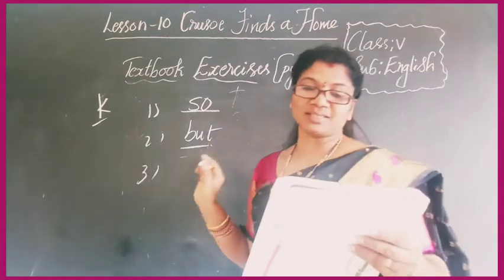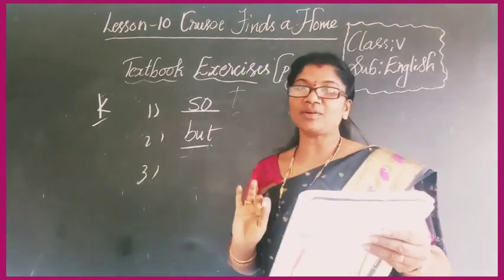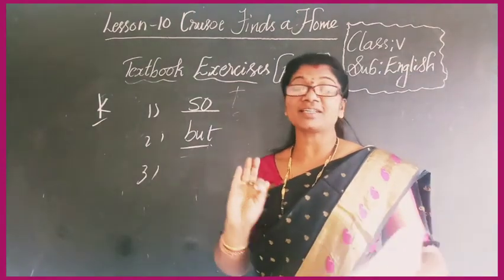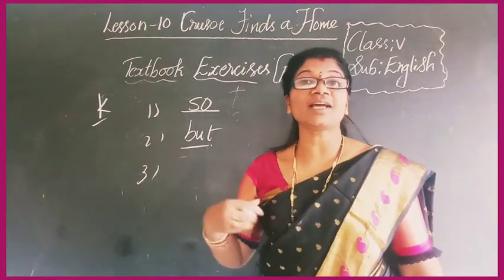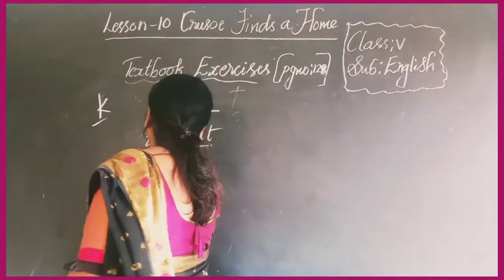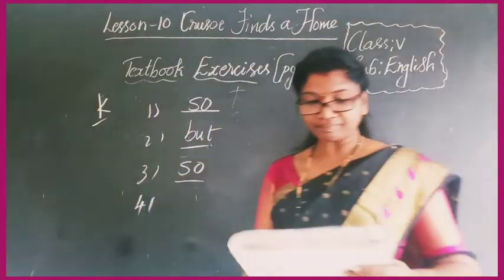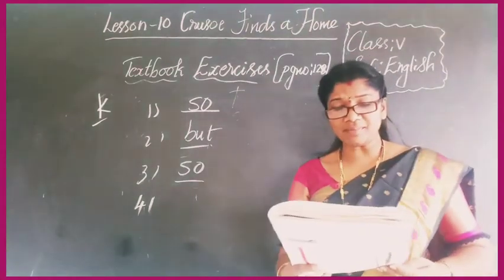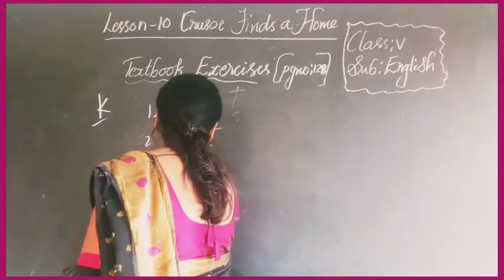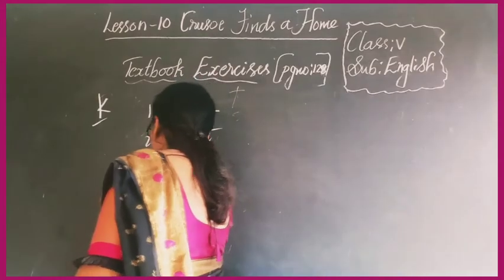Now the third one. John realized his mistake, dash, he apologized. Why did he apologize? Because he realized his mistake. He understood his mistake, so he apologized. Next one is so. Rajat had milk and fruits for breakfast. And fruits. Now let's go with the fifth one.